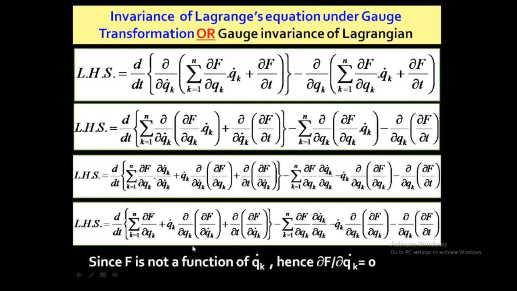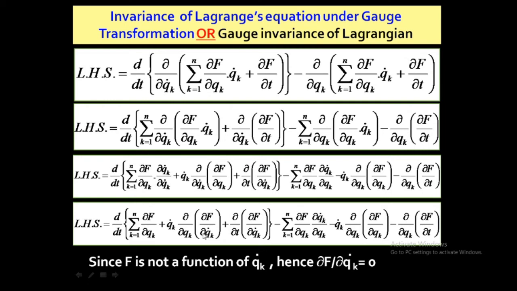It means that since f is not the function of qk dot, its derivative with respect to qk dot is 0. If f is only a function of qk and not of qk dot, then its partial derivative with respect to qk dot will be 0. del f by del qk dot is 0. So wherever del f by del qk dot is in this equation,